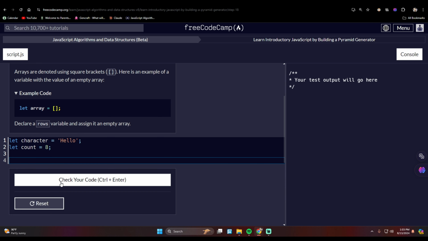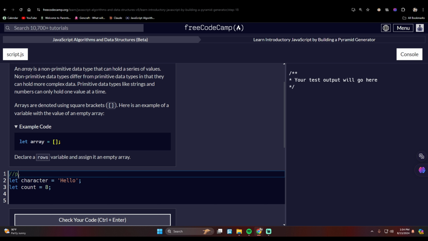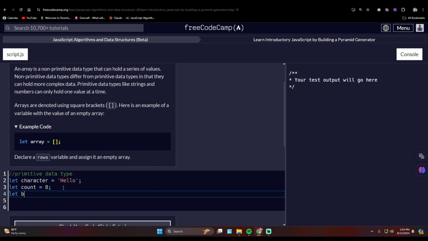So first, let us review. This would be a primitive data type: a string, a number, and also, let's say, a boolean. This is actually a boolean, which can only have a value of true or false. So this is an example of a